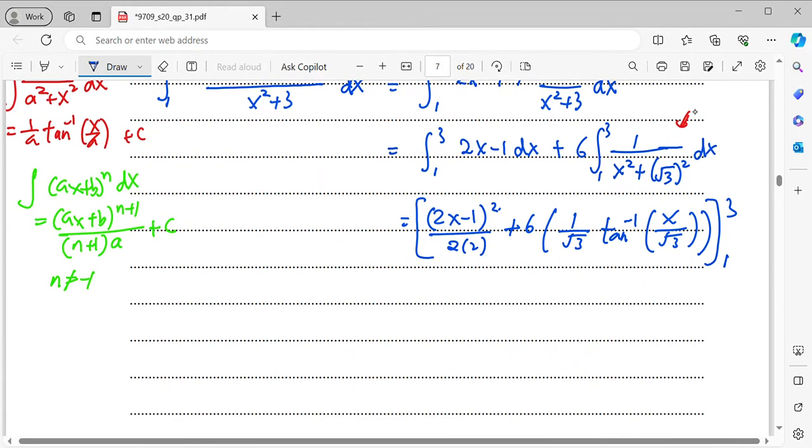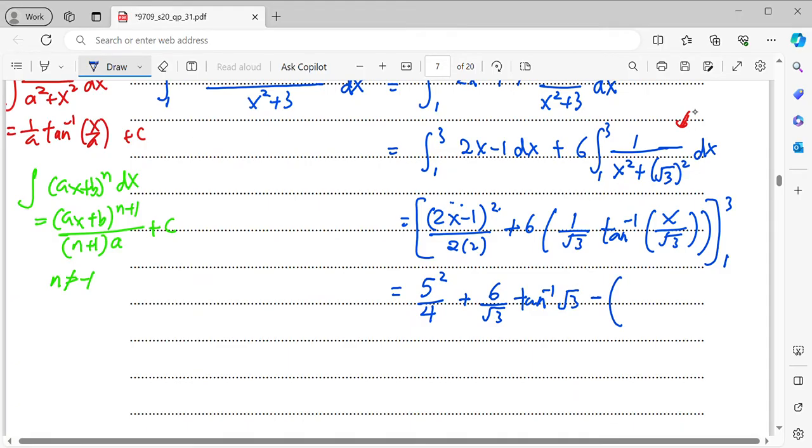Okay, so from here, when you simplify, or you can just substitute the x directly. So now when I replace the x by 3 here, 2 times 3 is 6. 6 minus 1 will be 5. 5 squared, if I write step by step, 5 squared over 4. Then the next one is going to be 6 over square root 3 inverse tangent 3 over square root 3, which is square root 3,